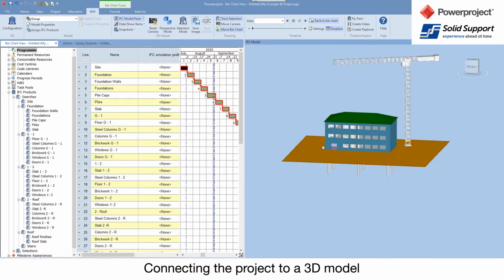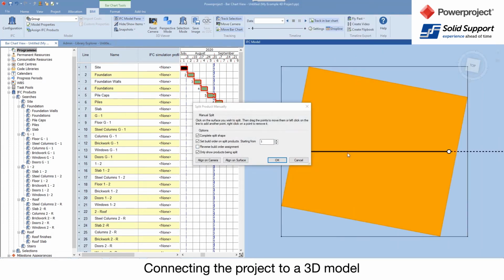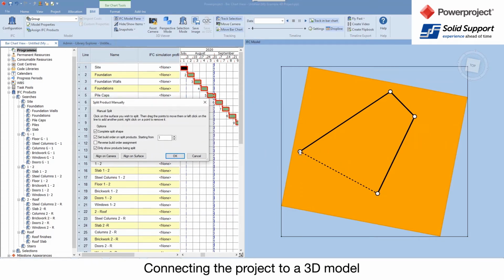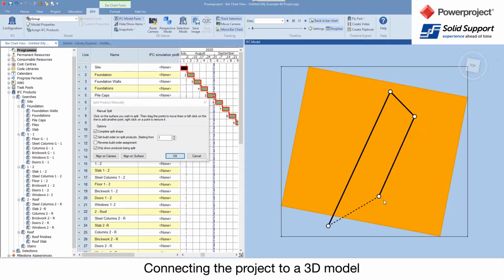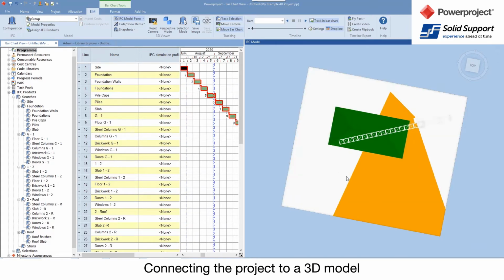We can split it by other objects, so we can split it by columns or foundations or whatever else we want, or we can manually split it as well. So if I split manually in there and click on here, I can say where I want this split from and to inside, and I can define as many of these points as I want to split an area that matches what I want to see in my split. Like so, click on OK, and now I have two separate objects,